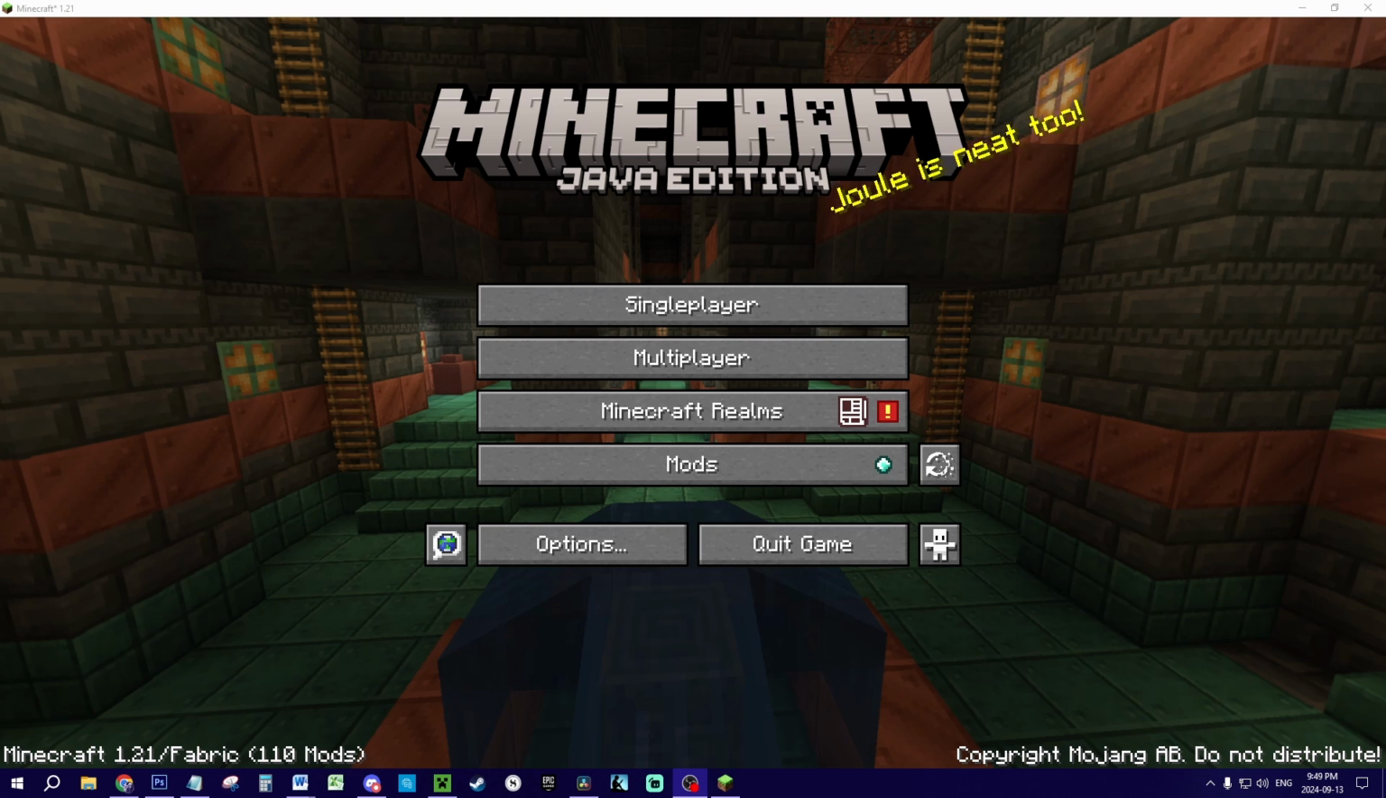If you're like me and you suffer from motion sickness, I have 10 tricks that can help you play Minecraft despite having motion sickness. First tip, go into Options,